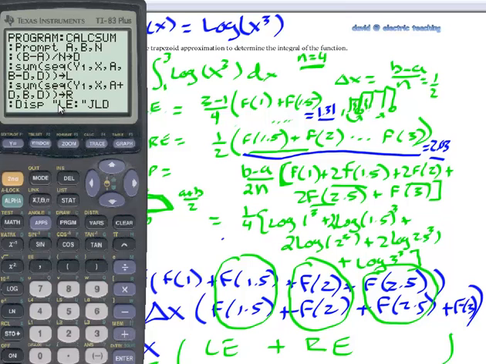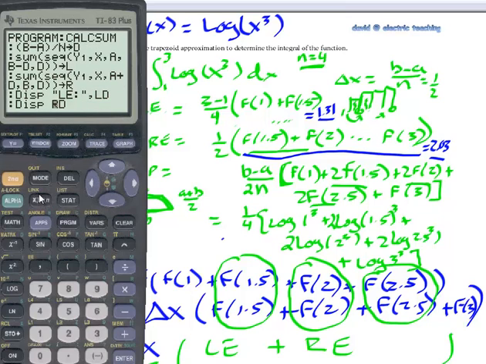So it's going to say LE, but the comma didn't work because I was on alpha lock. Hit the alpha button, then hit comma over that letter I just did. So it's going to say LE, it's going to throw this on the screen because it's in quotes, and then it's going to do this calculation and throw that number on the screen afterwards. Same idea, we should probably insert